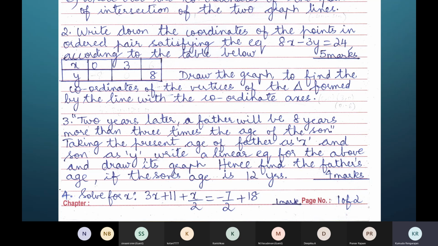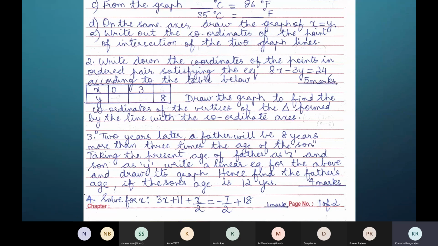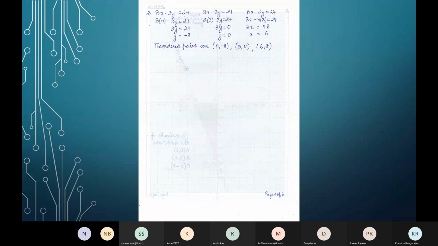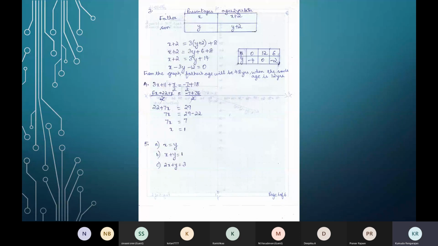No, it's not 6 by 7. So now let's just do it like this. Sorry, ma'am, I made a mistake. It is 2, ma'am. X is 1, ma'am. Yeah, x is 1. Correct, Arav. Okay, no problem. Maybe it was 7 by 7. You said 6 by 7, right? Yes, ma'am. Ma'am, I too got the same answer. Okay, nice.